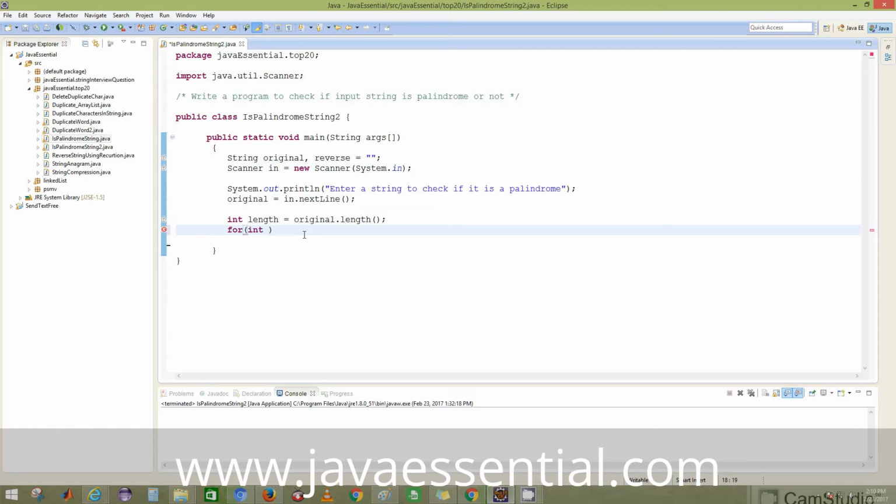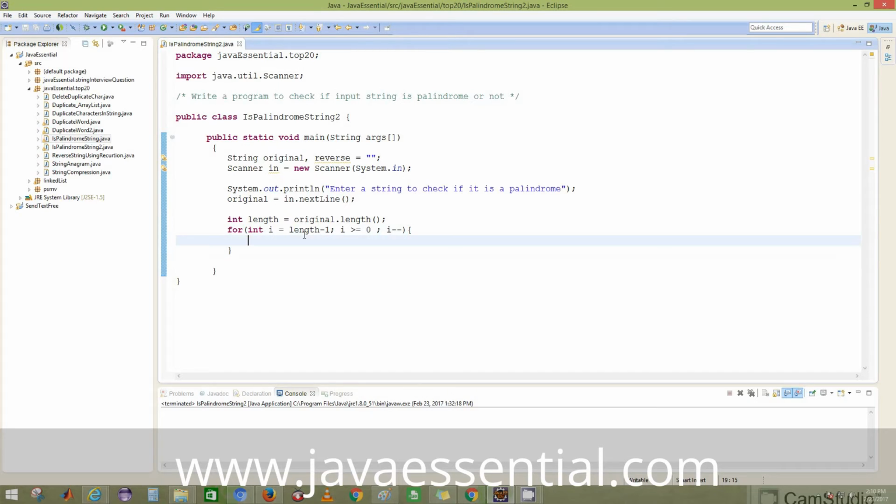So I have taken the integer i, which will store the length of the string, and we have to subtract 1 because the indexing starts from 0. So I have subtracted 1 here, and I have to go until i is greater than or equal to 0, and each time I have to subtract 1, because at first we have the last character, and we'll move to the first character by subtracting 1 each time.